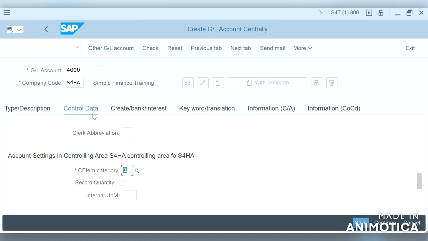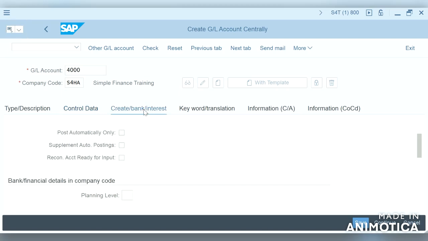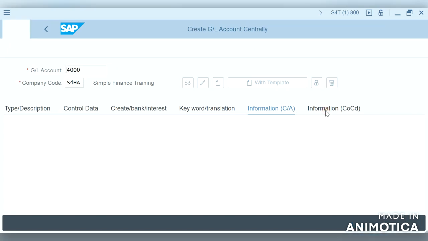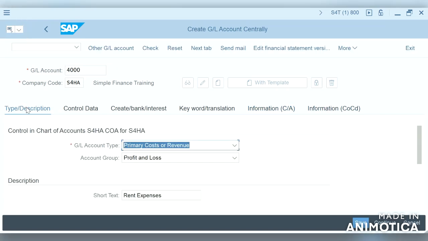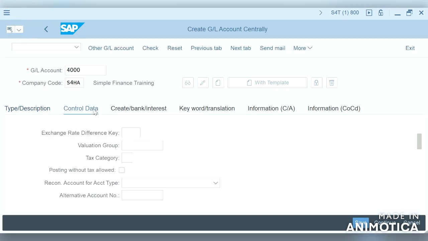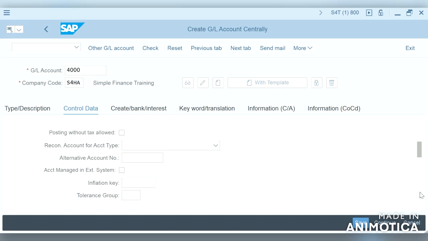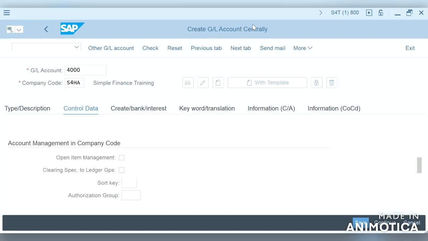This is the change which was done in S4HANA, and other things are similar. The few changes are the GL account type and the cost element category, and they have removed the edit cost element button.